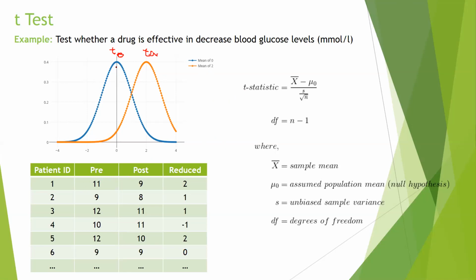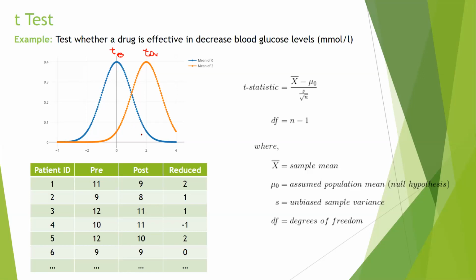So we can think about two beautiful dresses here, the blue dress and the orange dress. We just fit the data with the first dress, the blue dress, the null dress, to see if the data